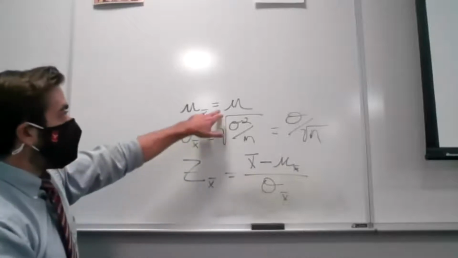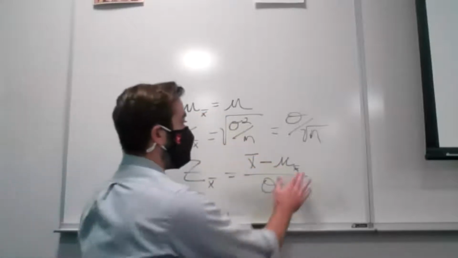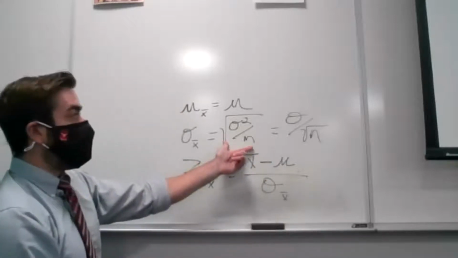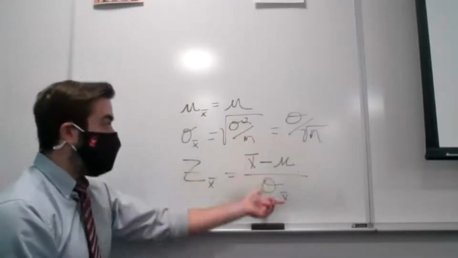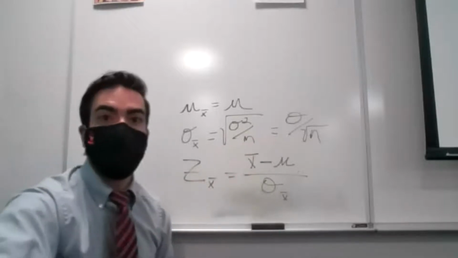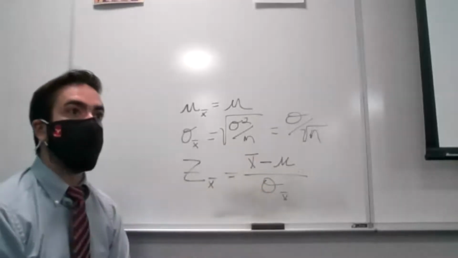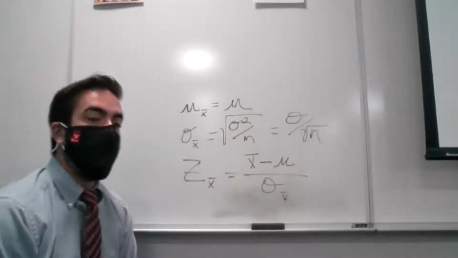Now we could go ahead and plug this in. We know the mean of the sample means is just my population mean. And we know the standard deviation is going to be equal to one of these equations, right? So we could plug that in or calculate the intermediate step, calculate this first and then plug it into that denominator, okay? So with that in mind, we can do the exact same thing looking at what we'll call sample proportions.